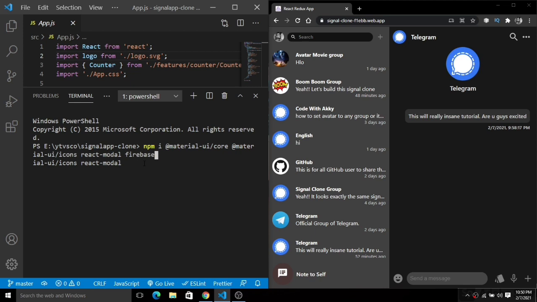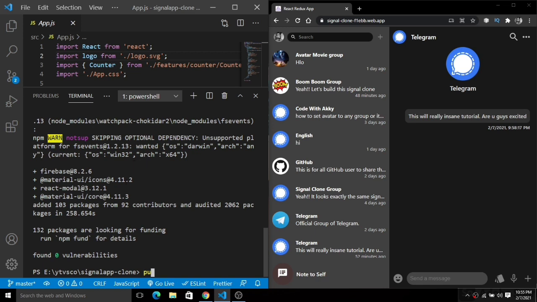I'm going to hit the enter button, and after hitting it, all these dependencies will be added to your project directory, so that after that you can simply use all these features inside your build. So this is the exact way of installing all the dependencies prior to starting a React application. So I'm going to simply install all the dependencies first of all.